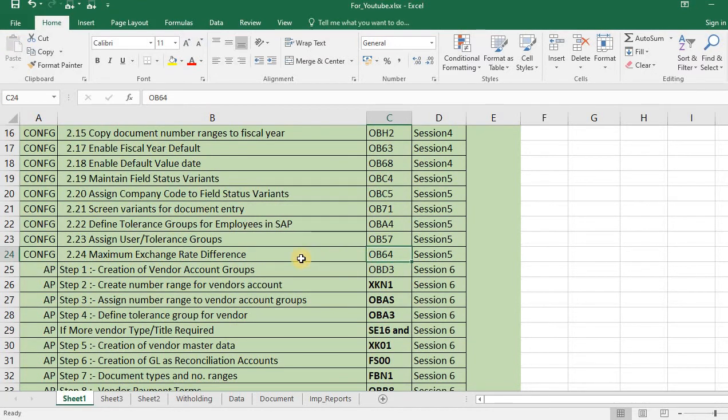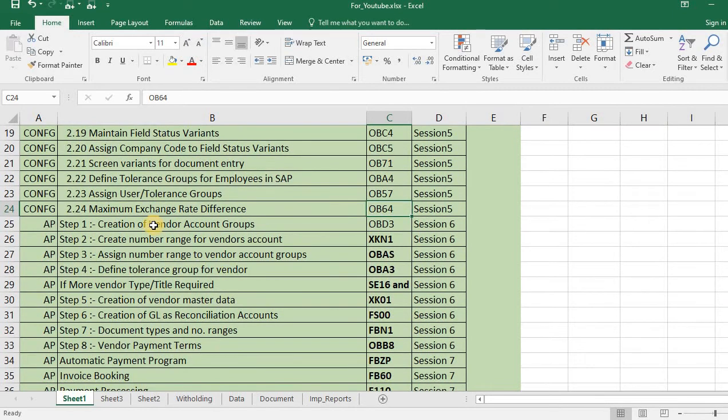Now we have completed the configuration. First of all, I would like to tell you this is a very basic configuration. This is not a broad-level configuration, because at a broader level there are many things which we have to carry out as per the requirement of the business. So what exactly is the reporting requirement? On that basis, we are going to implement this. This is just an overview so that you can understand how the setup goes in SAP, and this is the sequence which is going to be followed.